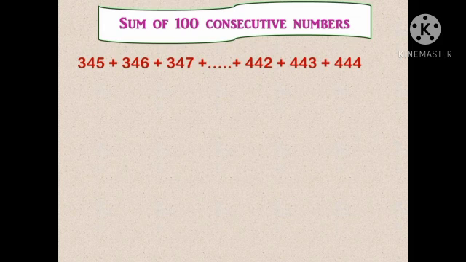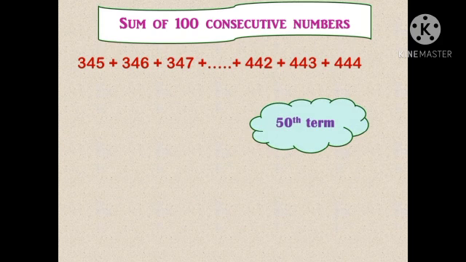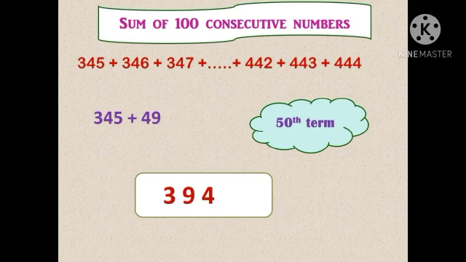So if you want to solve this problem in a tricky way, we first note down the 50th term in the series. To calculate the 50th term, it's not practical to count to the 50th number. It will take more time. So instead of counting, we can calculate the 50th term by adding the number 49 to the first term. If we add 49 to the first term, it automatically means it is the 50th term in the series. So if we add 49 to 345, we will get 394. Next, insert another 50 at the end. So the final answer would be